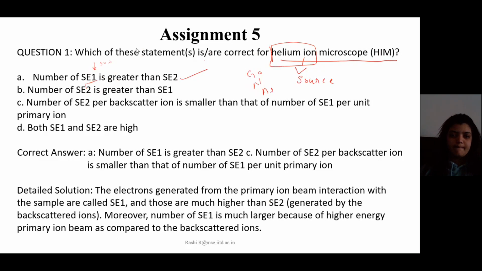Once again, as we all know, there is a source, which is helium ions, and then the sample. When this falls on the sample,